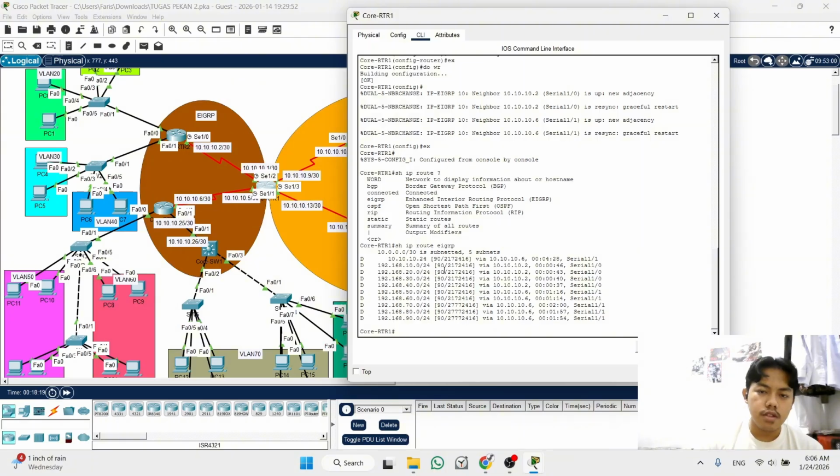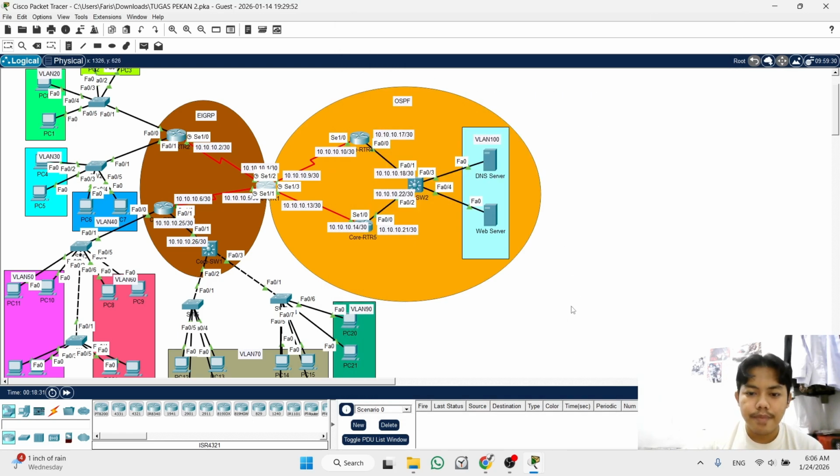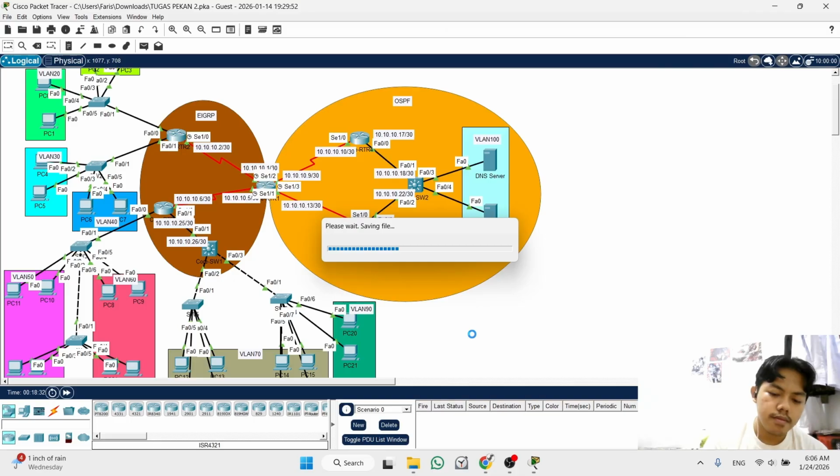This is the function of EIGRP. We got from VLAN 10 until VLAN 19. And now we will test to ping each other.